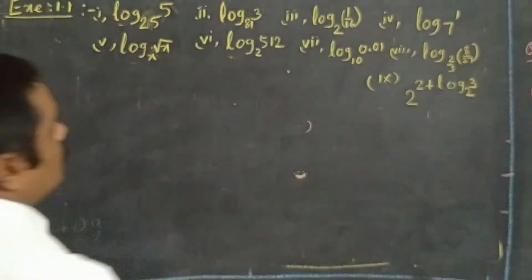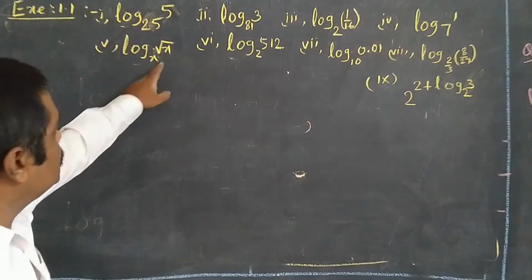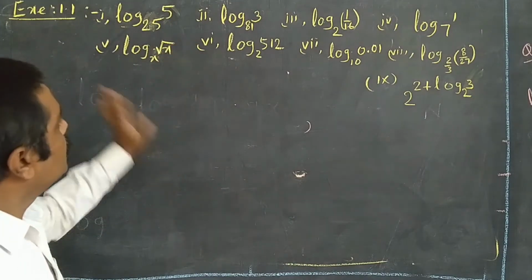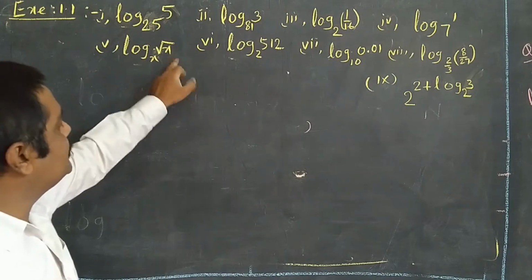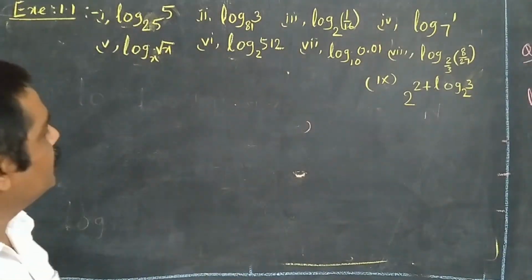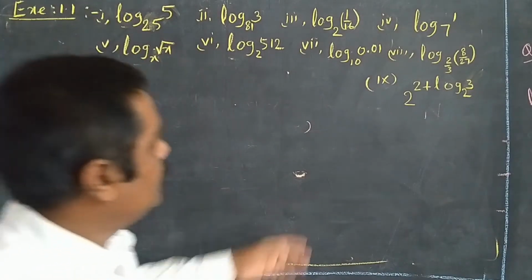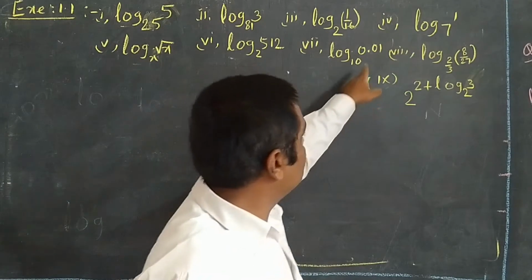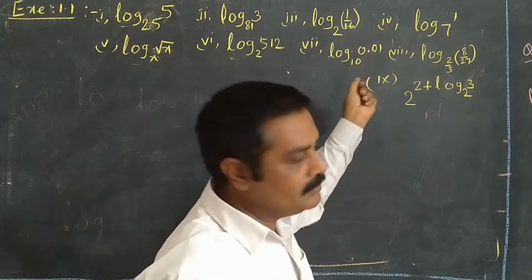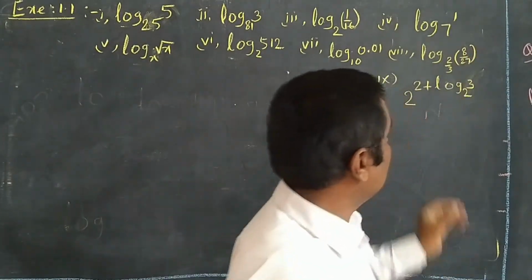In the same method, you have to do the fourth question, fifth question. Fifth question, you remove this root. You have to write here 1 by 2 power. Whatever it is, here x is there, means you take it as a letter equal to any other letter like k. You take it and find the answer. This also is the same, find it. Your point is there, don't worry, children. You cut this point, remove that point, you have to get 1 by 100. And this one also, 8 by 27 is there.